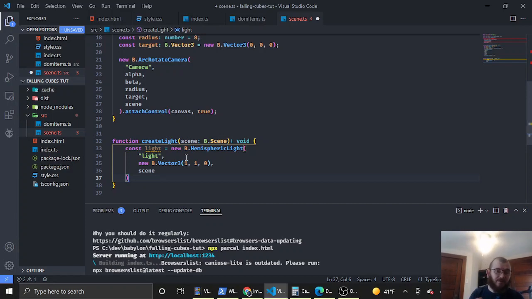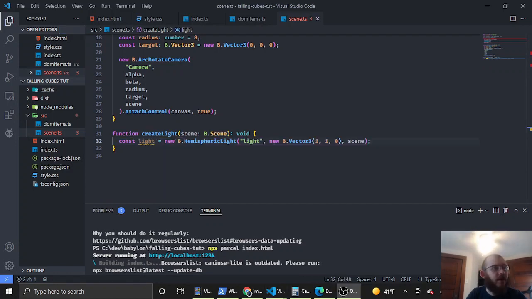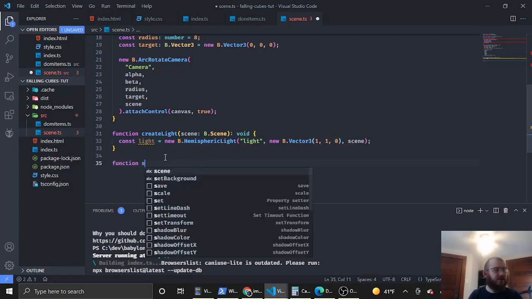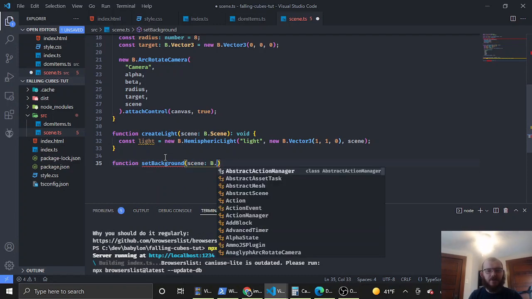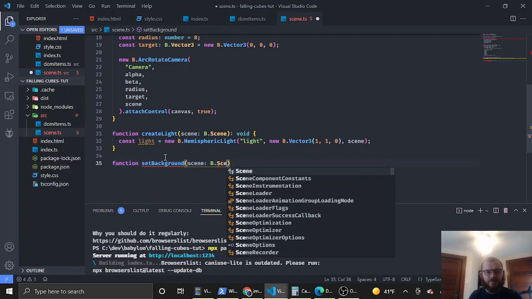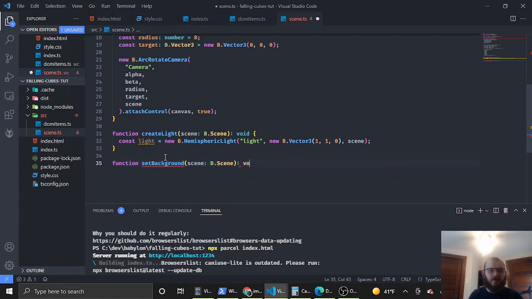But if you want to manipulate the light, and same with the camera, later, you might want to return the light, or you might want to return the camera. But for now, we're just creating the light, so I'm not going to return it here. And the last thing we need to do is set ourselves a background for our scene. So we're going to say function set background, and it takes in a scene of type b.scene, just like the others. It's going to return void, and we're going to say